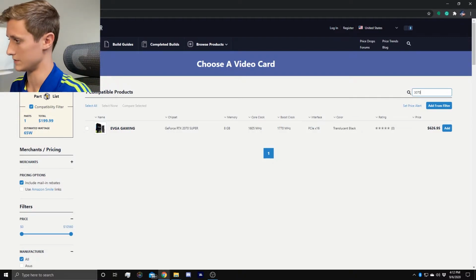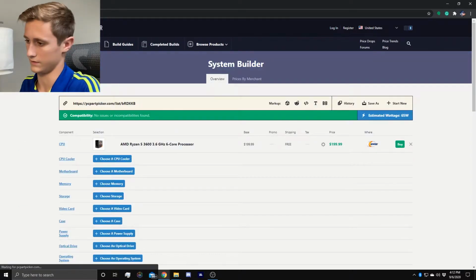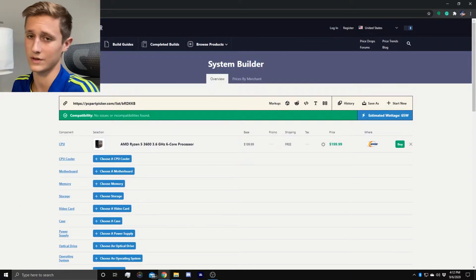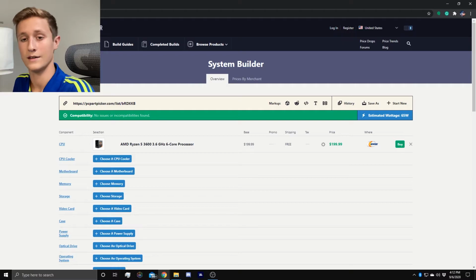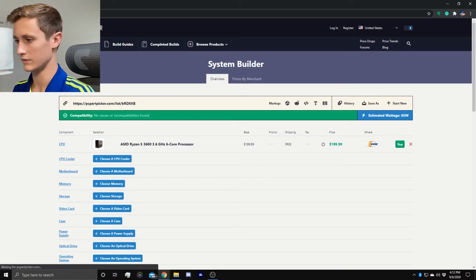They only have 2070s, but yeah, I would go with a 3070 on this build as well, just because it makes the most sense. If you have those 4K monitors, you might want to go with that 3080, but I think that the high-end PC, I put high range on my script, high-end PC would probably fit you better. So moving on to our high-end PC, this one has a little bit of leeway because